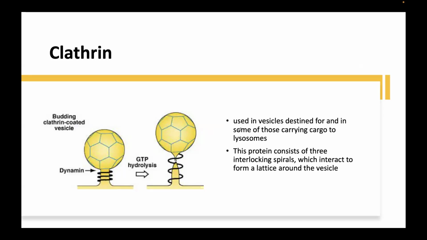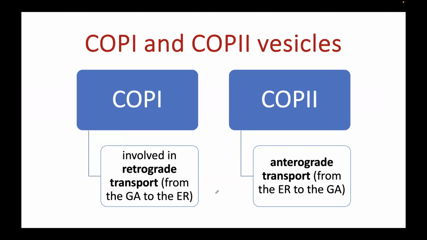So clathrin is a vesicular protein which plays a role in carrying cargo to the lysosomes. As you can see here, clathrin has 3 interlocking spirals. And clathrin is a very important protein. It's a very, very important vesicular protein which plays a role in transport. Then for the COP vesicles,